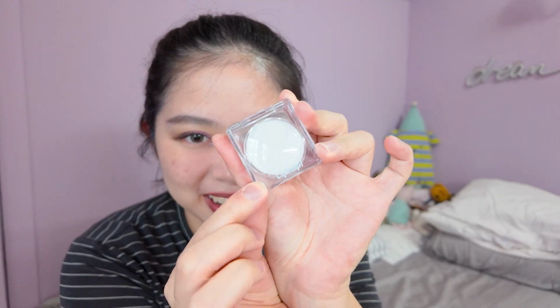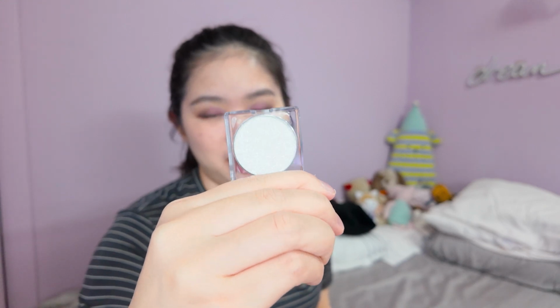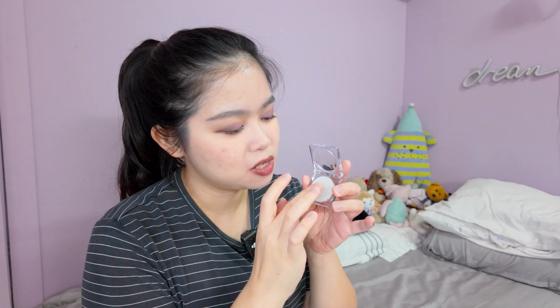Let me see if I can open it now. Ooh, take a look at that. That is stunning. And then when I pop the lid off, I could just sit here and start staring at the pen for a really long time. Let me just swatch. Ooh, that is wet. It's giving like Urban Decay, Space Cowboy, but so much better. That's a really light swatch, but honestly, you can see next to the Suzanne highlighter, this one is way